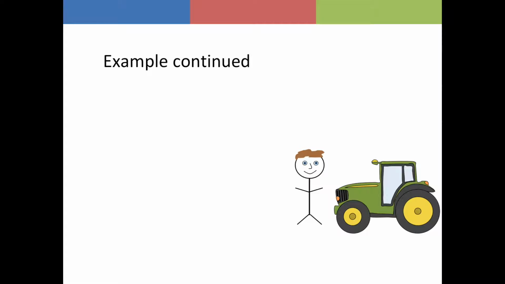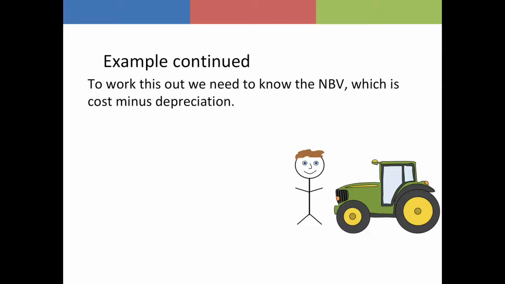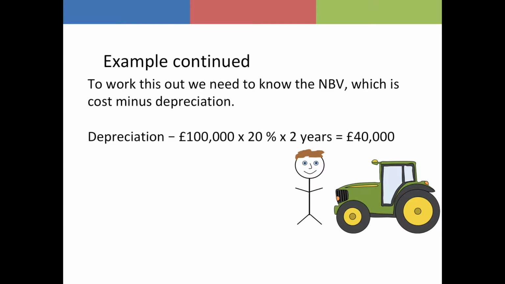Firstly, to work out if the asset has made a loss or gain on disposal, you need to find the net book value of the asset. To do this, we take the cost minus the depreciation today. The depreciation is 20% per year, straight line method, and so we know £100,000 times 20% times our 2 years equals £40,000 accumulated depreciation. If we take our cost of £100,000 and minus the £40,000 accumulated depreciation, we have £60,000